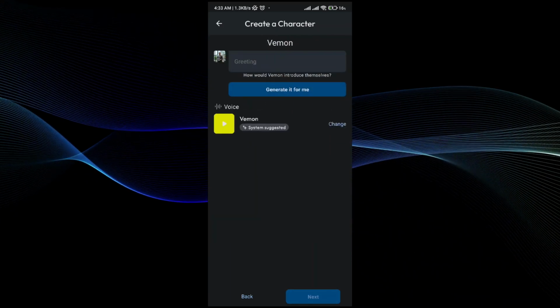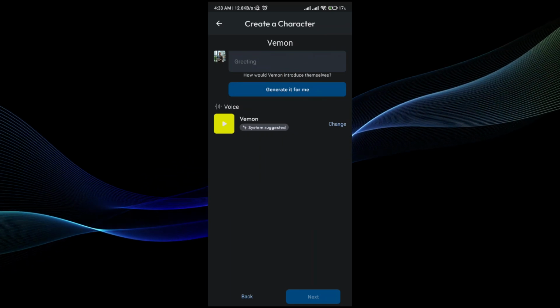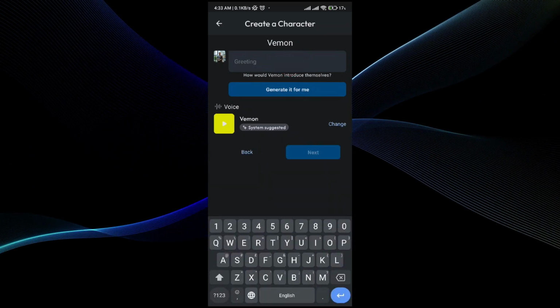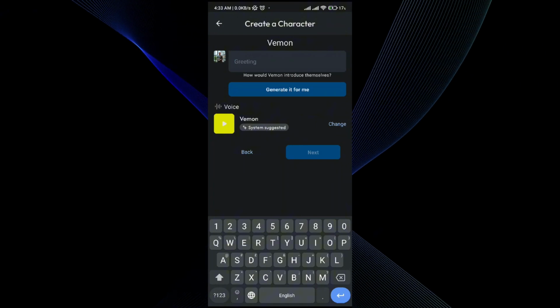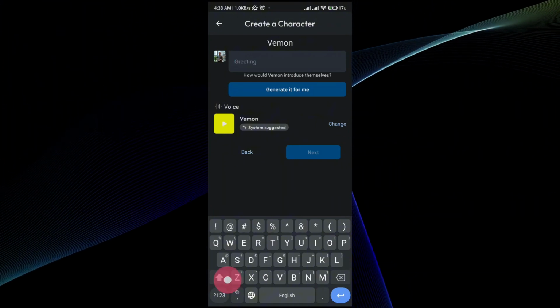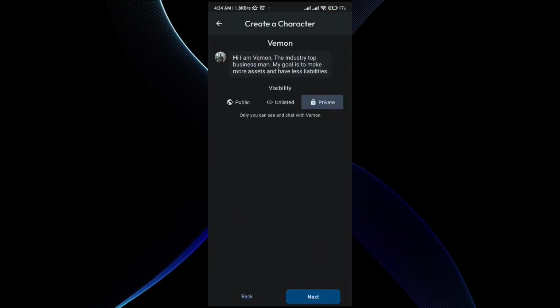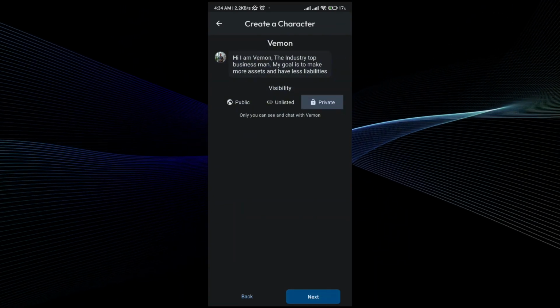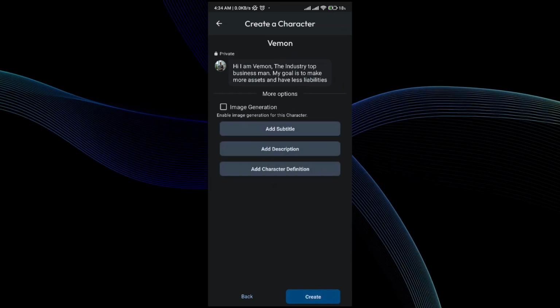Once you have done that, it will be created right away. For example, if you want to create a line, like introducing the Raman, which is my character name, I'm going to simply type in a line. After that, press the next button. Either you can make it public, unlisted, or private. For me, I'm going to make it private,